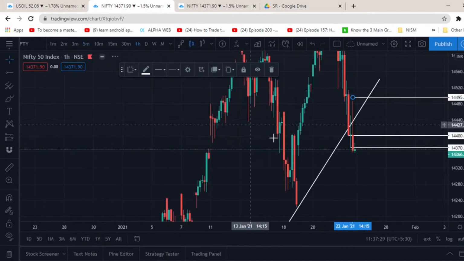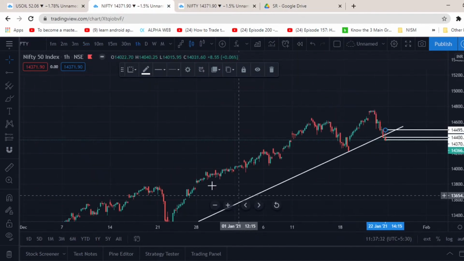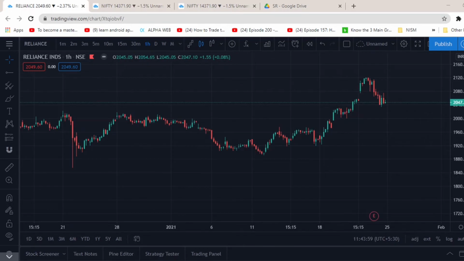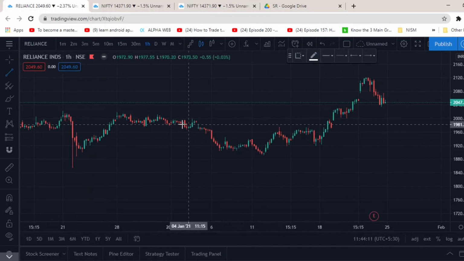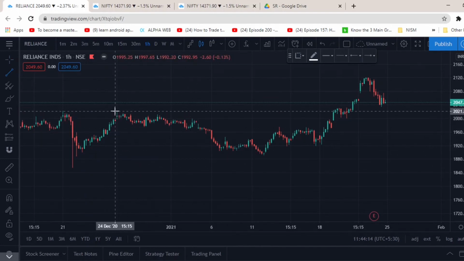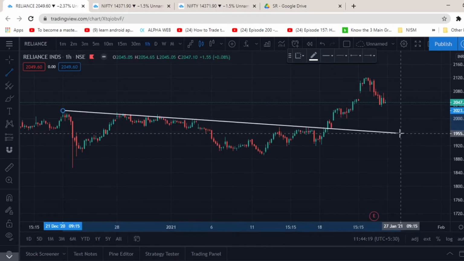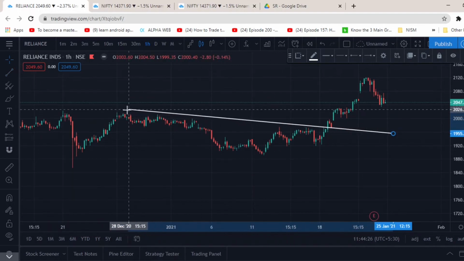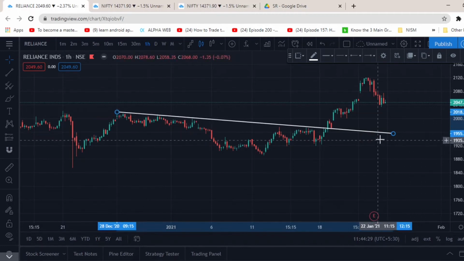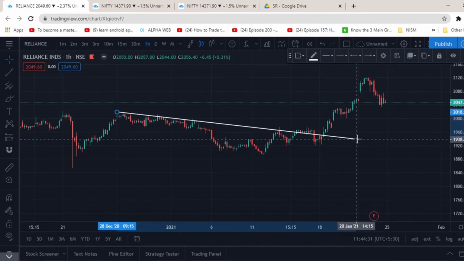Again we move to the hourly chart of Nifty. Now we will draw the falling trend line to identify the resistance of the stock. This is an hourly line chart. We can draw the trend line now by connecting the two swing highs. Okay, so we can also move here. So if I connect this,